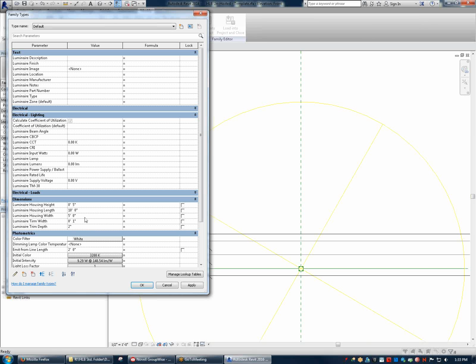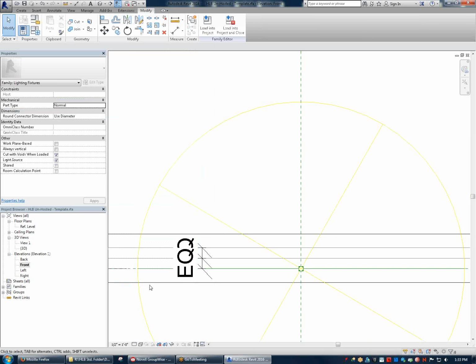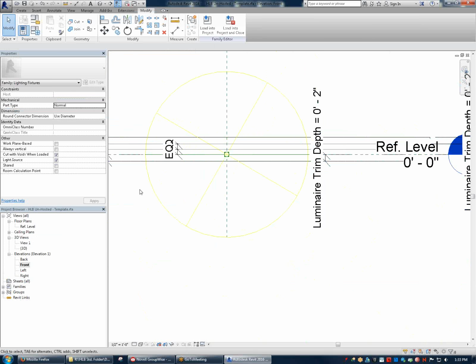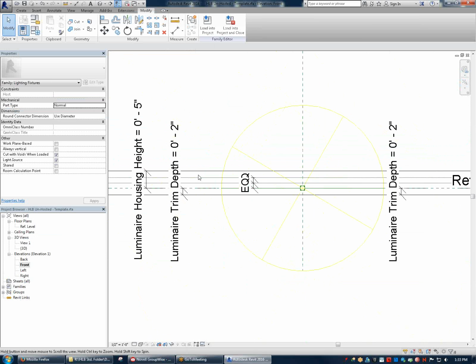In this case, it might not be that bad because I can't think of a time when we'd use a 5-inch trim on a fixture like this, but it's just an example. So it's just good practice. Play around with it, see what it does, and then it works. Okay, so